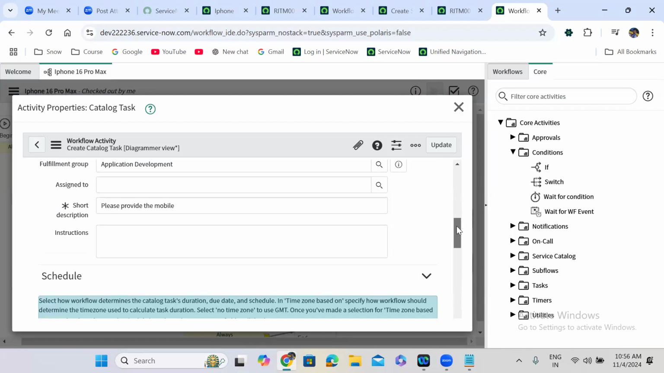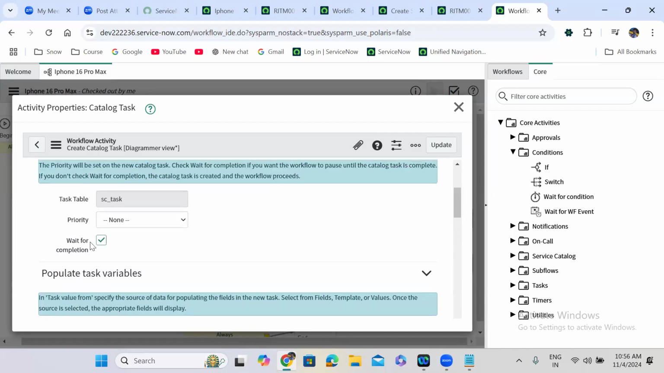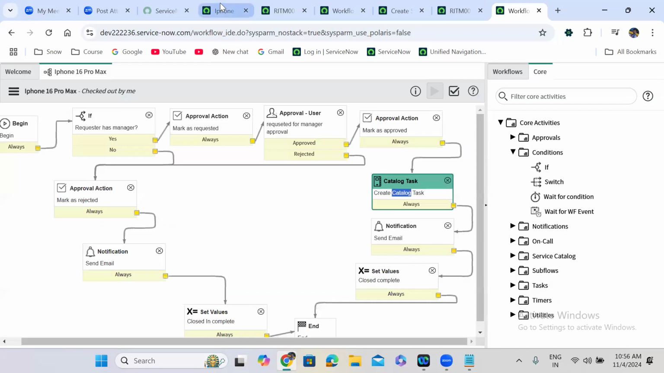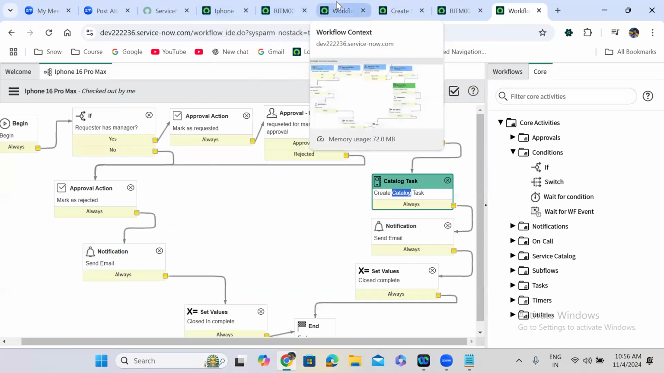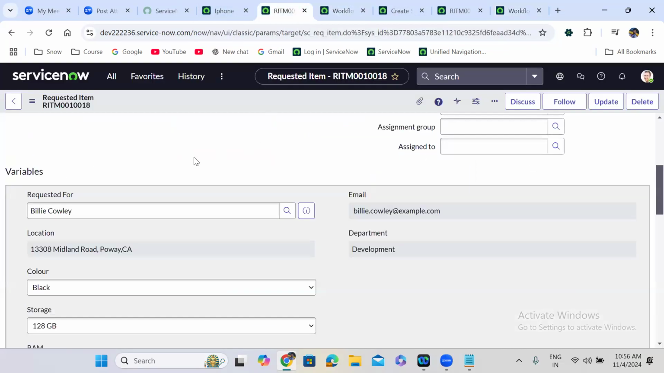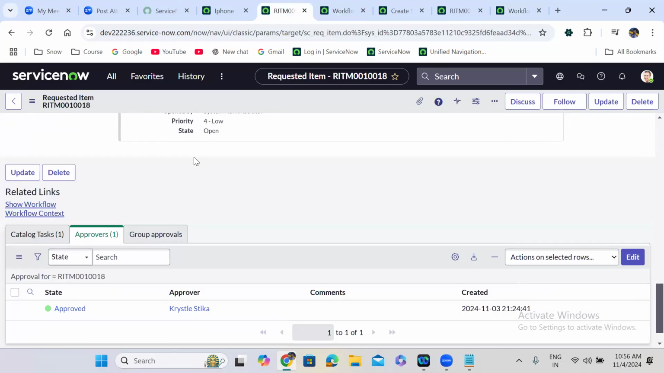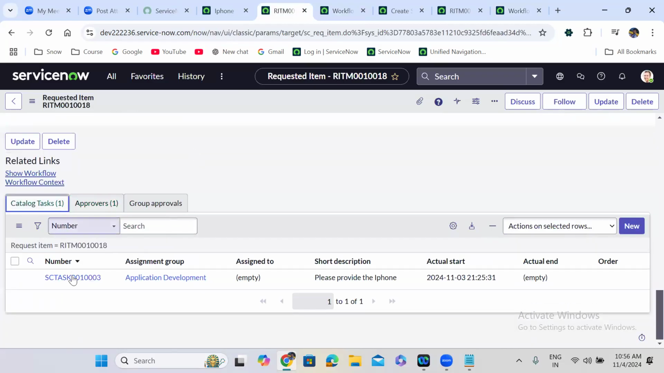We have checked the wait for completion checkbox here. As we have checked it, the workflow is waiting to be closed. So once we close this catalog task, let me scroll down here. There is a catalog task that is created, right? Once we close this catalog task, if you see here in the catalog task,